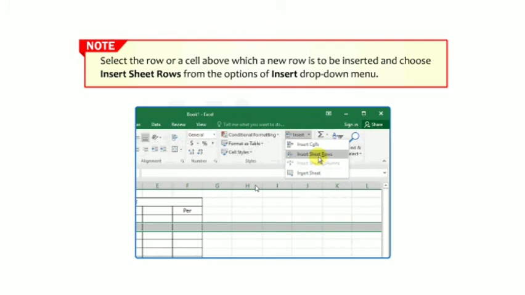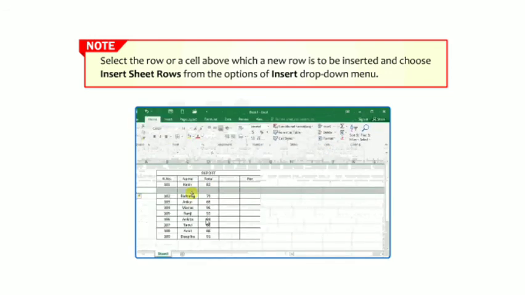As we saw previously with insert column and insert cells, we go to the Insert option and choose Insert Sheet Rows here.